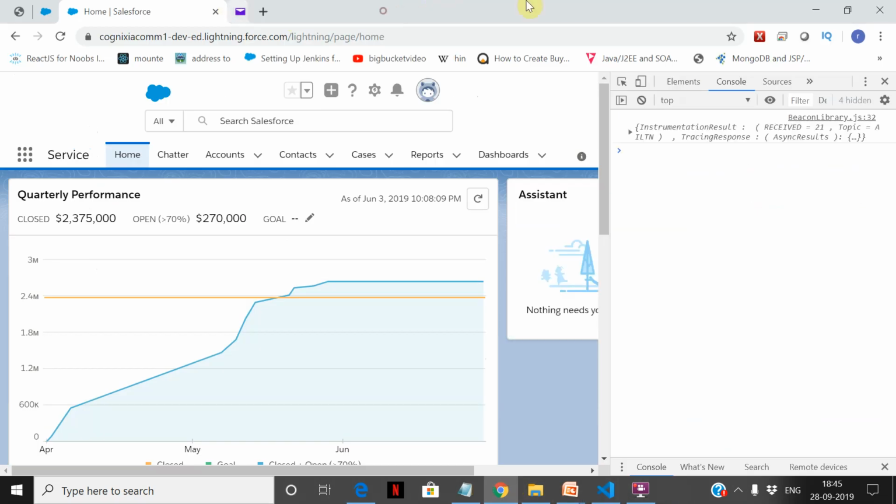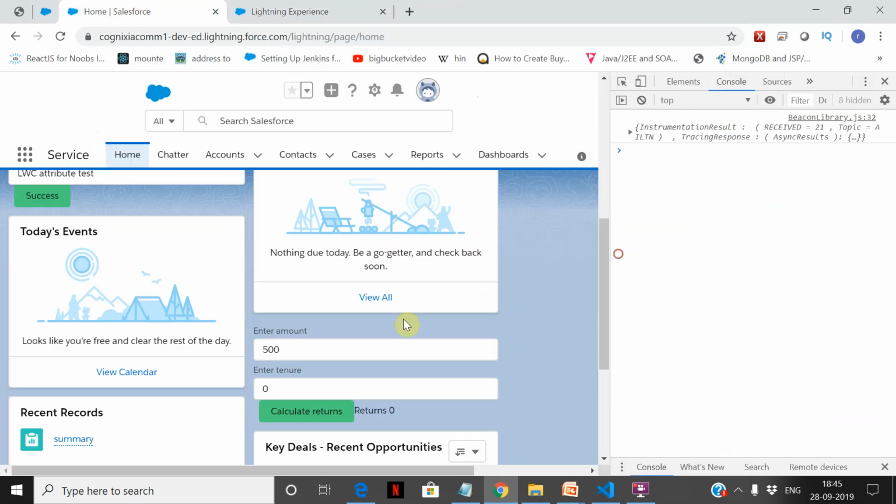So here I'm just trying to continue in Google Chrome, which gives a better console. Let's go down all the way here and make some change to this. Now let's see what's happening. If you see here, there is no two-way binding happening. It is throwing back the old value. I've changed it to 500, but I still keep getting the old value.